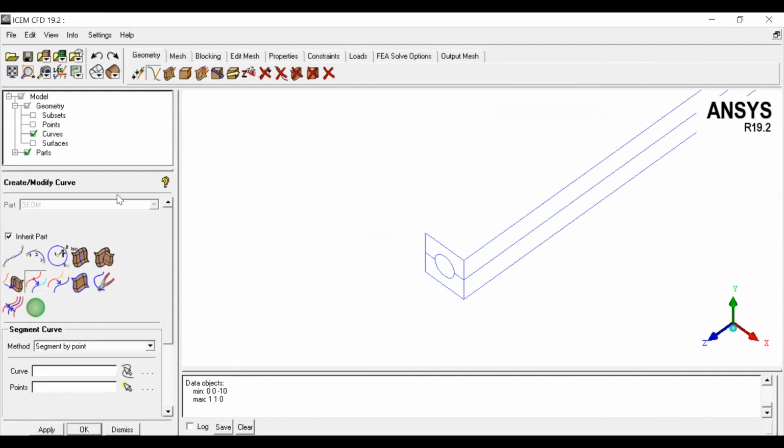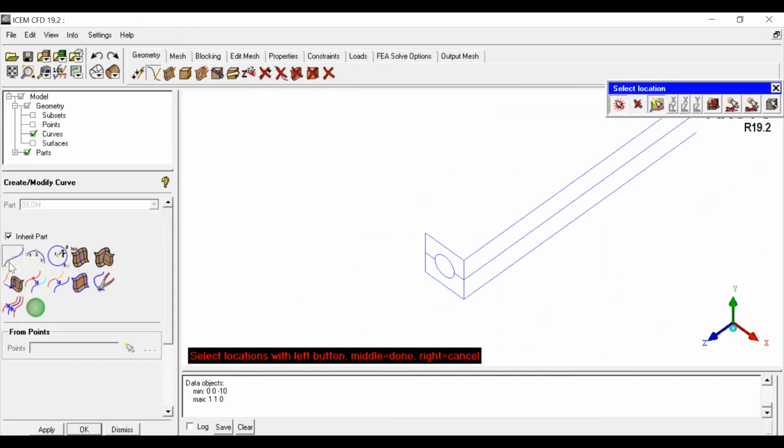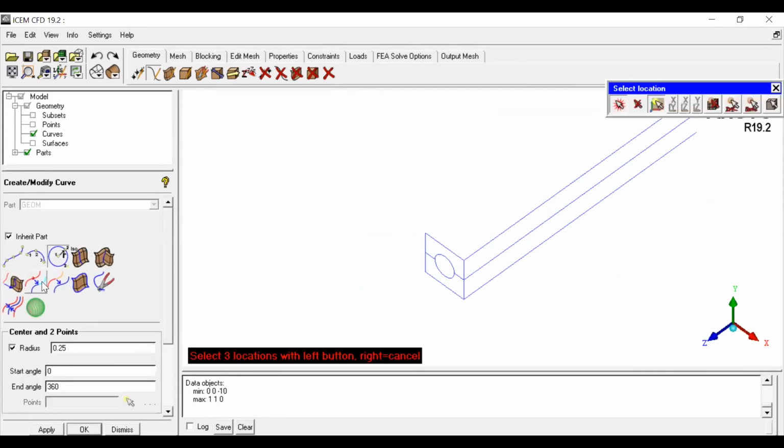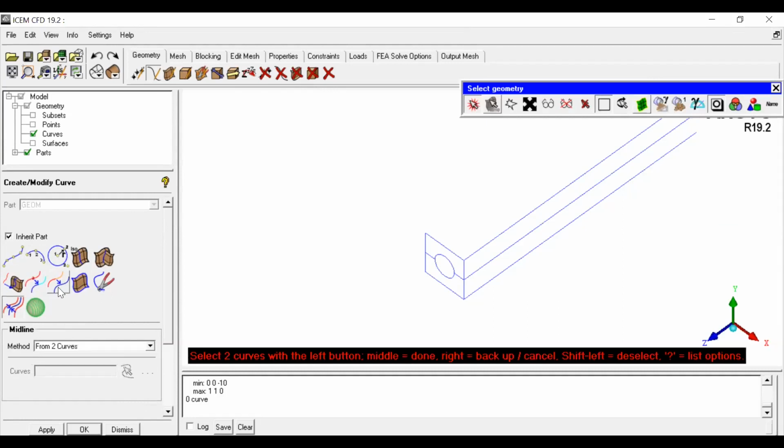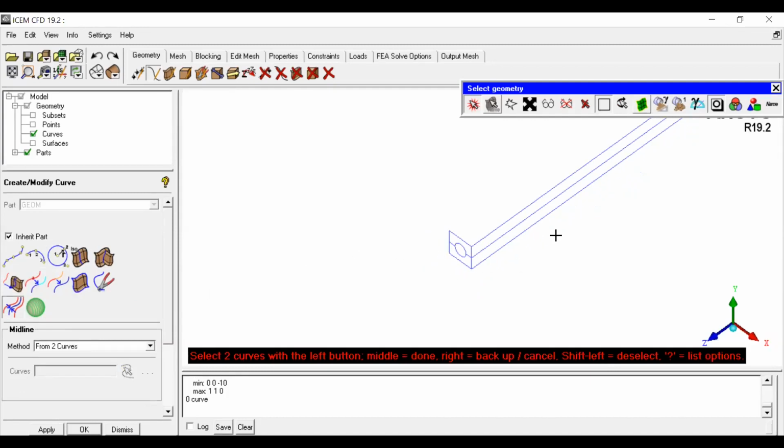So go to the line command. What are the commands we explored? The first one is from points, generation of line from points, generation of arc, circle, segment, parallel, and this is reapproximation that can be done, and project curve on surface, which is very similar to project point on a surface. Right? Project line on a surface is very easy.